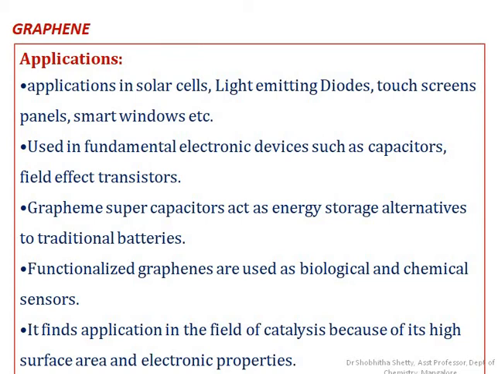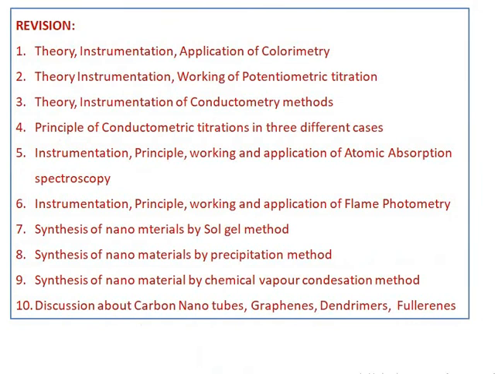So this is about the applications and properties of graphene, and we also discussed carbon nanotubes and fullerenes, the C60 and C70 forms. In C60 we saw how the structural arrangement is observed, and in graphene how it conducts electricity because of the availability of 2 pi electrons which can be delocalized. With this we have completed the concept of nanomaterials and properties of nanomaterials along with the synthesis part.